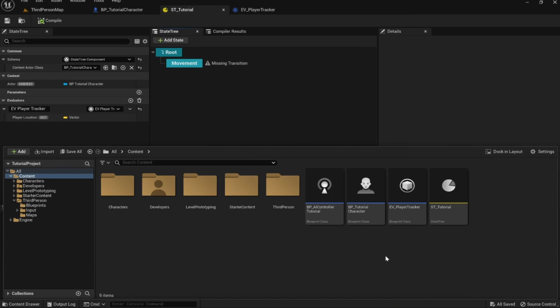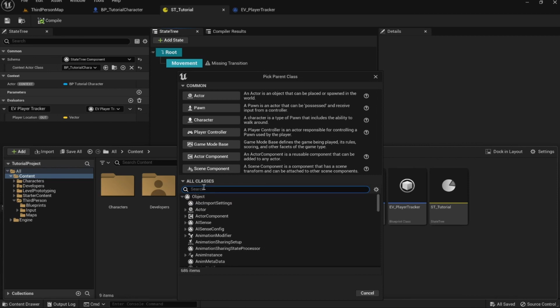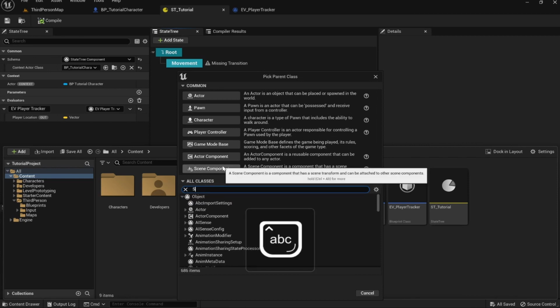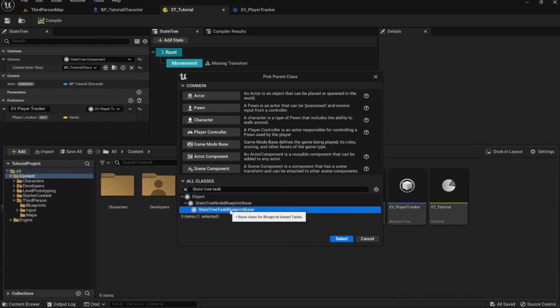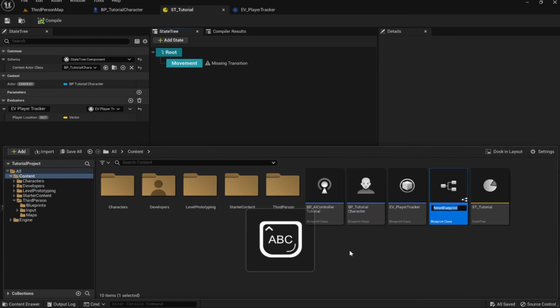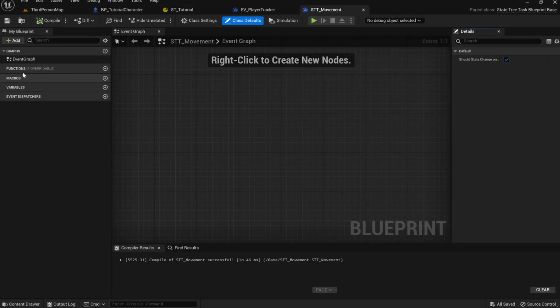For this, it's the same process as how we added our evaluator. You want to right click, search for blueprint class in the all classes. Instead, we want to search state tree task. And here you'll see state tree task blueprint base. Click it, select it. And here we will name it STT movement. Normally you can also name this anything you want, but for now we'll just name this STT underscore movement. Double click it, open it, and the same way we want to go into our functions tab, override,